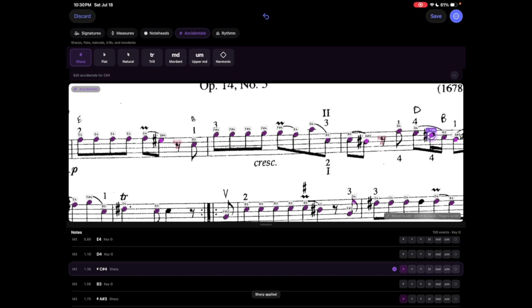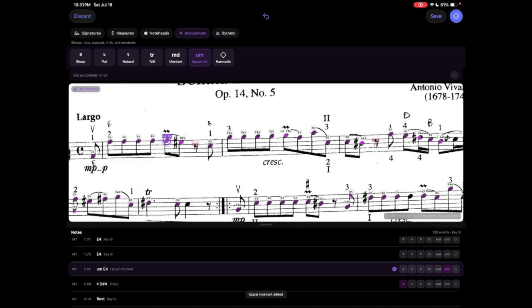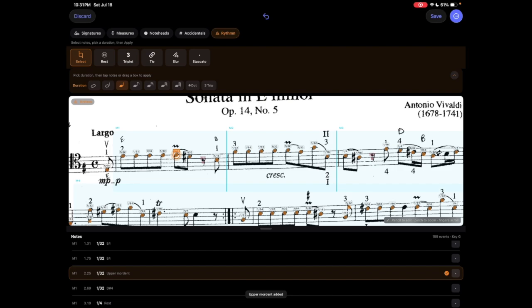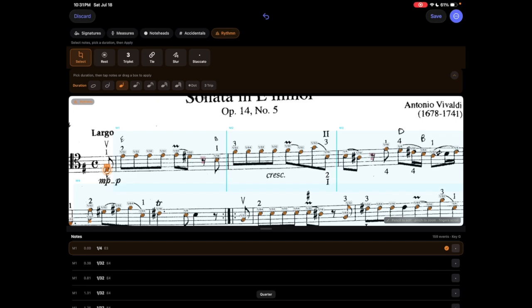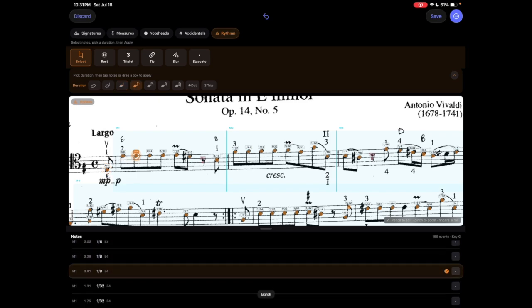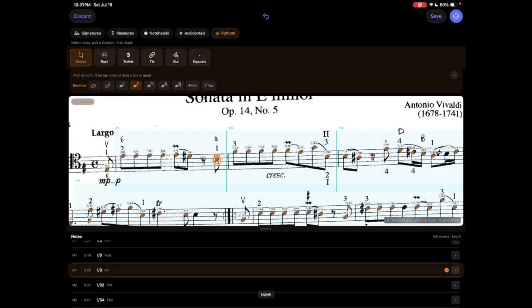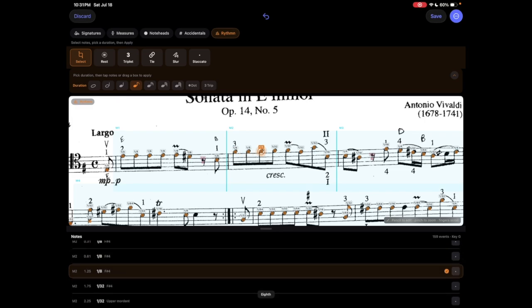And we can go upper or lower. I like upper. There's some trills somewhere else in the piece, it doesn't matter. There's harmonics in this piece. So let's go to rhythm. Again, we do the rhythm the same way we did before. Make that an 8th note and then a bunch of 8th notes. And you can also click on the rests to make them 8th note rests. And again, I'm just tapping. So it's pretty easy,